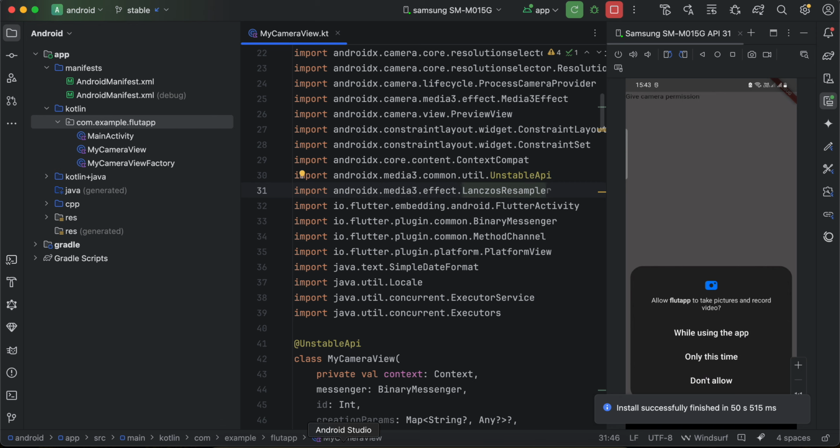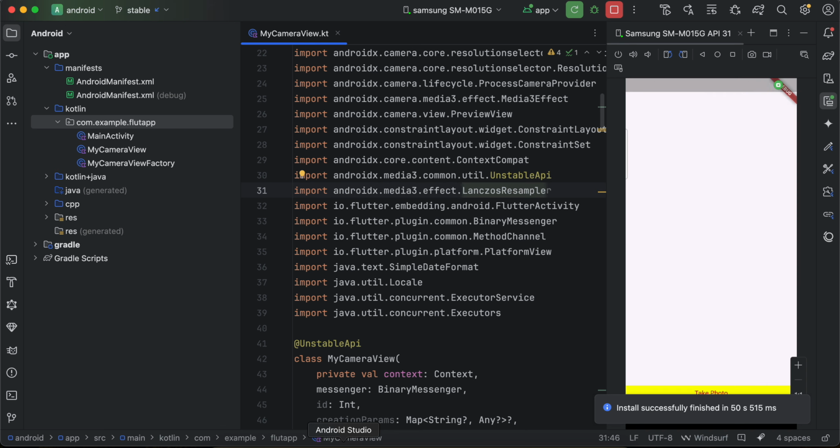I'm using Android Studio to show you guys the output because I'm mirroring my device. So the output might be a little bit laggy, just bear with me over here. Now when I show you the output, it might not be much different because LanczosResample is, even I don't have a great knowledge about it, but it's basically used to do some kind of image processing stuff. That's all I know, but there is no great change to your actual live camera preview. But yeah, I'll just give the camera permission, and here you can